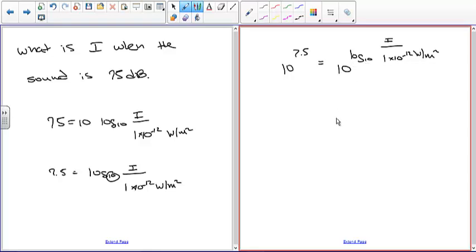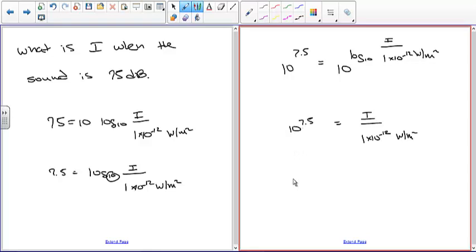So 10 to the log base 10, because these are inverse properties, the exponential function 10 to the x is the inverse of the log base 10 of x. So what you end up with is I divided by 1 times 10 to the minus 12 watts per meter squared is equal to 10 to the 7.5,